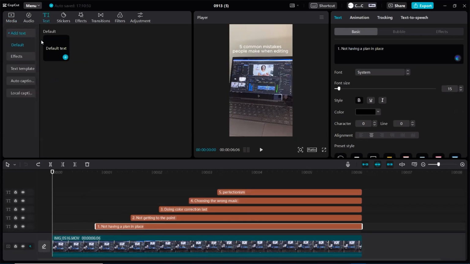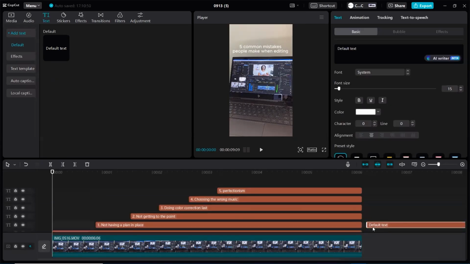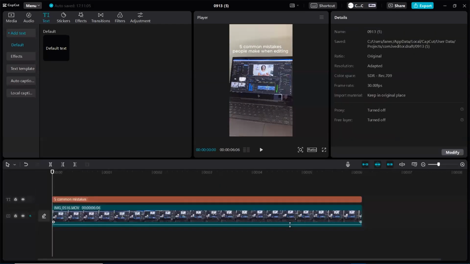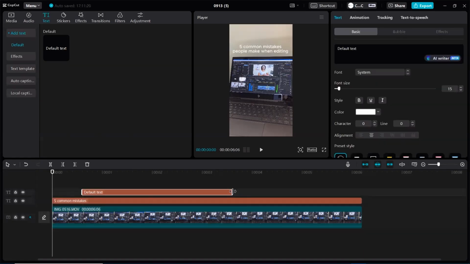So you would come up here, add your text, and this is already down here, but you would basically add it down here. So let me actually just delete everything so I can show you guys how I did that. So again, 5 common mistakes. So I brought the text down here and then stretched it all the way out. Now for the other 5 common mistakes. So 1,